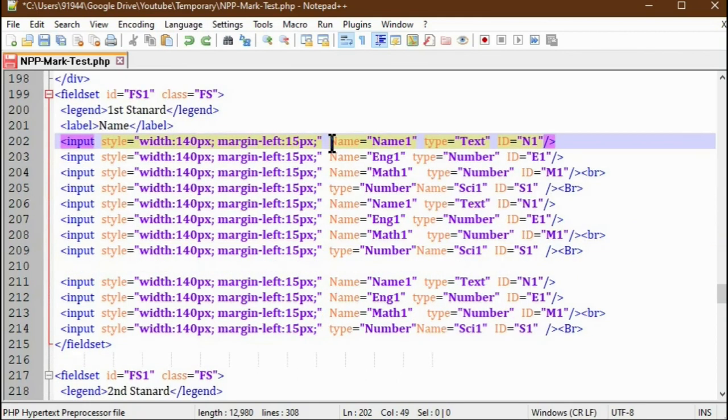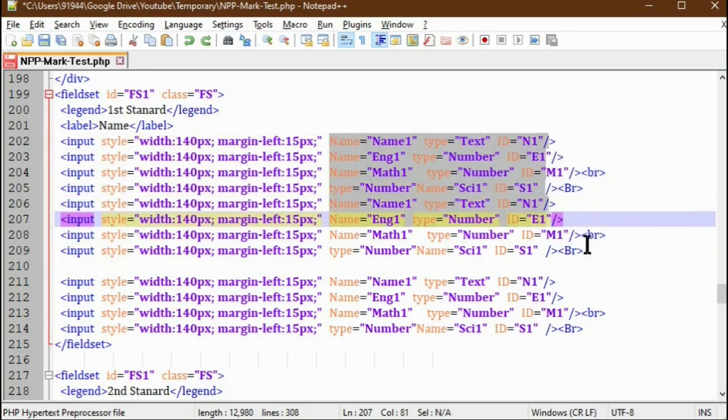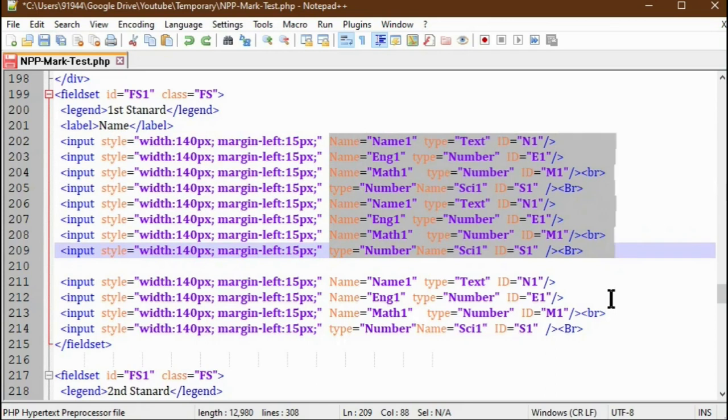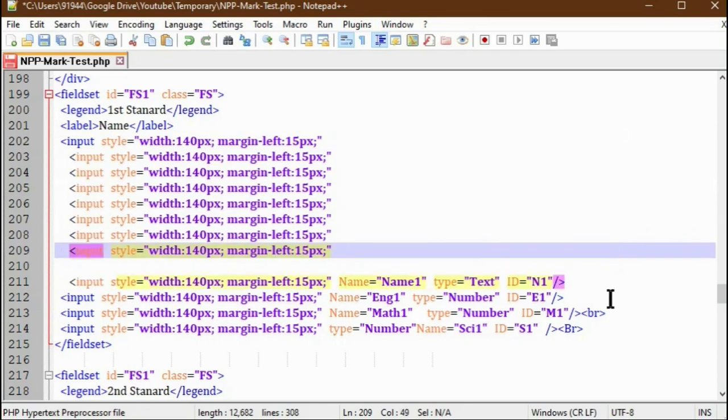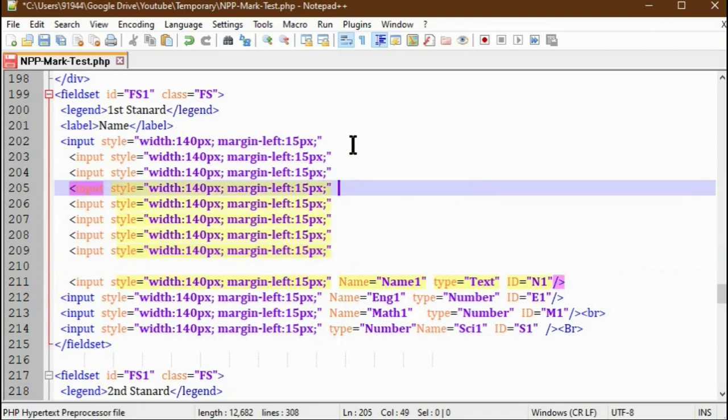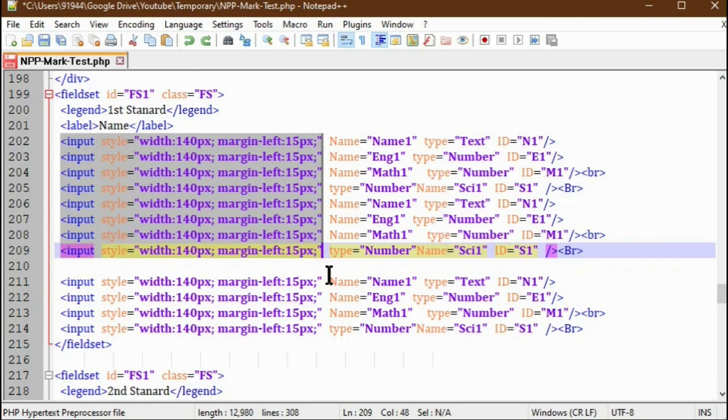In the same way, I can trim any line to a certain column length. Here again with the Alt key, I select all the columns after the 15px and then press the Delete key. You can see that the entire lines are trimmed up to 15px. In the same way, I can trim the starting of the lines also with this method.